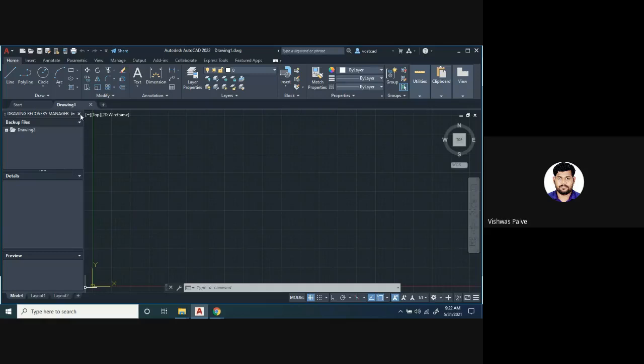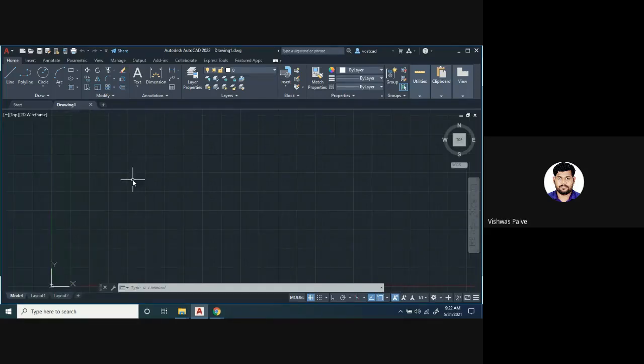There is a request for students to use AutoCAD regularly. How many of you have used AutoCAD and practiced the draw toolbar? Any difficulty in the draw toolbar? Is my screen visible? Yes, sir. Okay. So I think I have to give a few assignments now on draw, modify, and annotations. In the previous practical we could not give them because we had not completed modify and annotation. But after completion of today's practical, I will give a few questions. You have to solve those questions and upload them. That will be the practice problem. It is not a term work problem, but it will be practice problems.